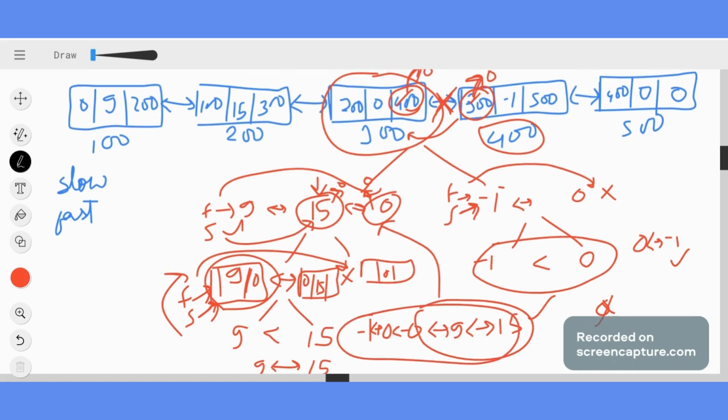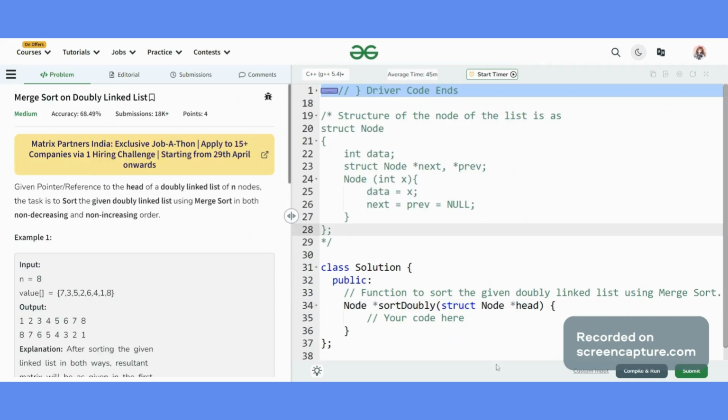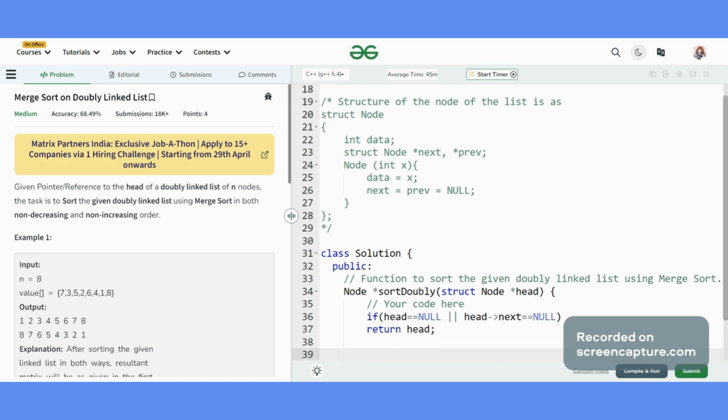Now let's see how we can implement the code. So this is the base case. If my head is equal to null or my next is null, then return my head. This is the base case. Now I need to find out the middlemost point, the middle node.